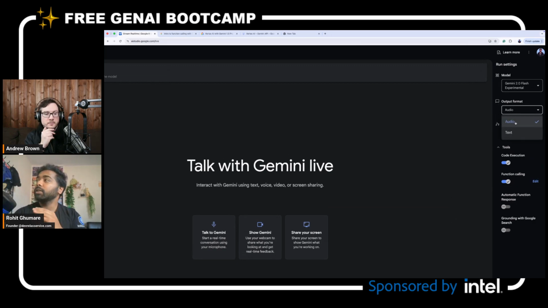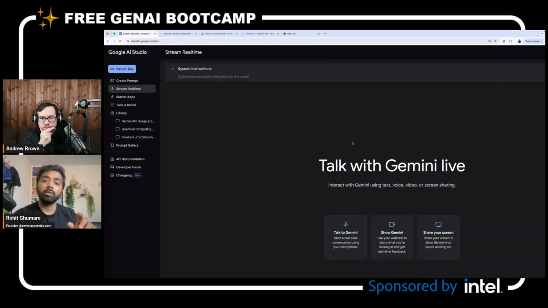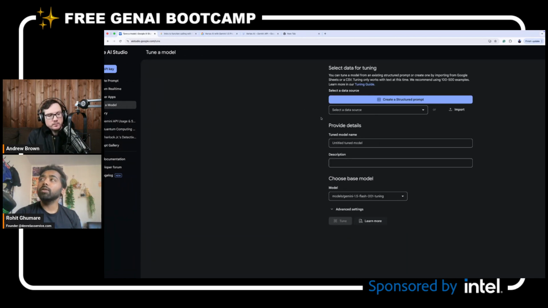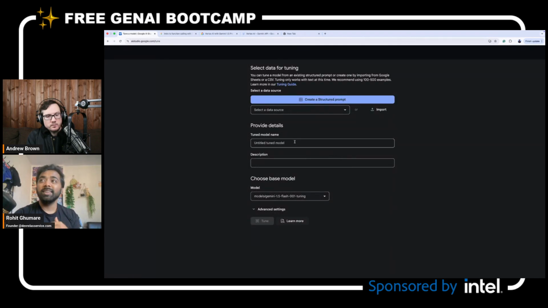Then you can choose which format you want, audio or text. You saw the audio, right? If you don't want the audio, you just want the text, then you can do that. Similarly, one of the things is you can tune the model, which is the coolest thing, right? I talked about Gemma, right? You can bring any model.